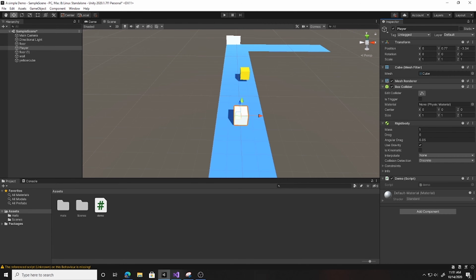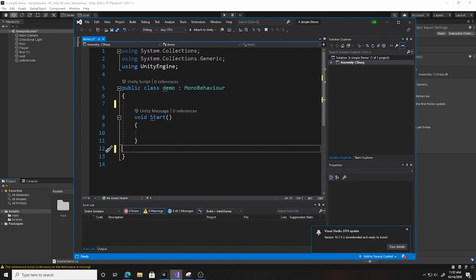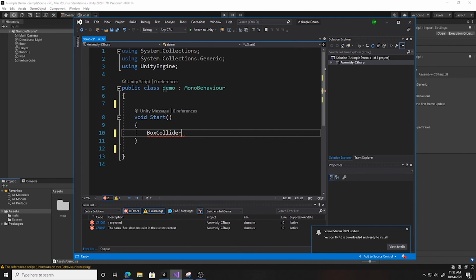I don't really care too much for the body, but I'll add another box collider. Alright, so there are two box colliders. And then inside the script, I'm simply going to create a box collider array, just like that. I'll call it BX. And I'll say BX is, and then I'll get